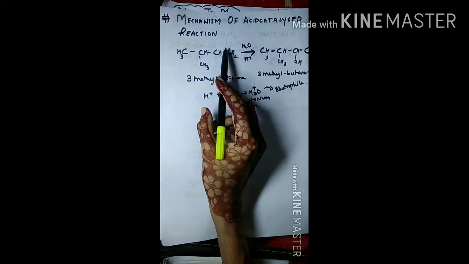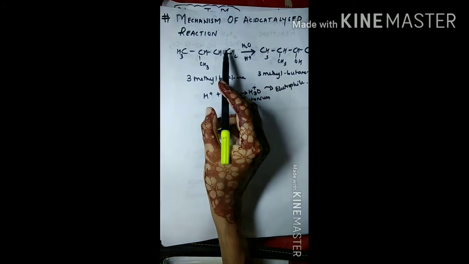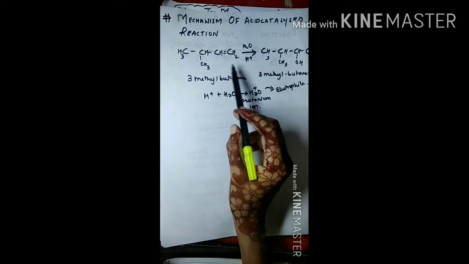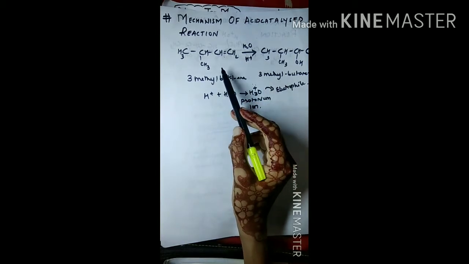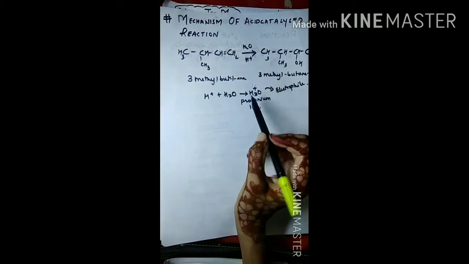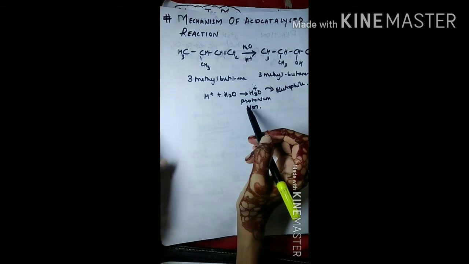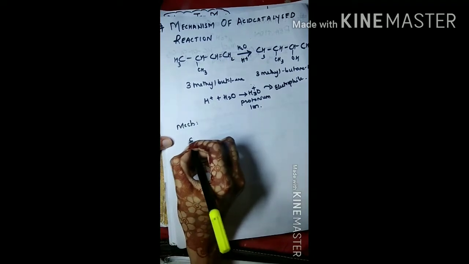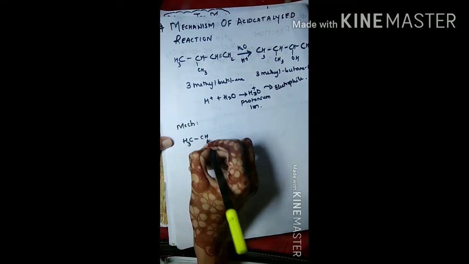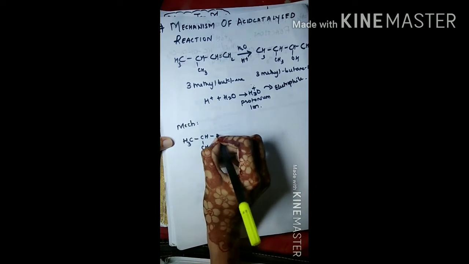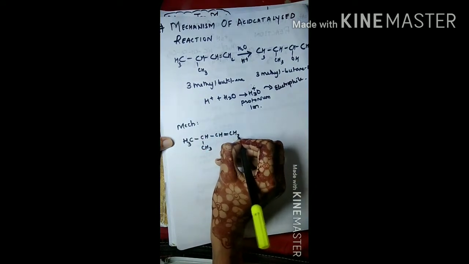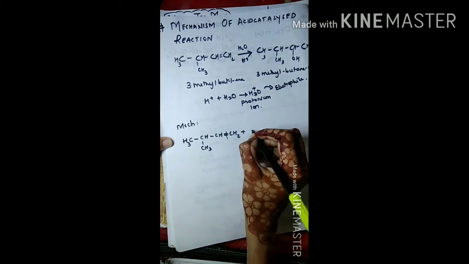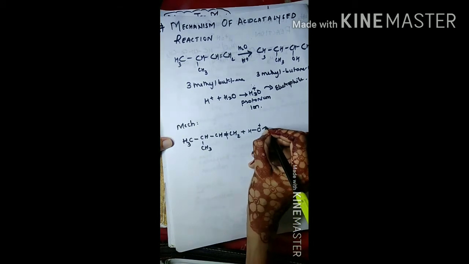An alkene has a pi bond, and the pi electrons are loosely bound. It is ready to donate its electrons and acts as a nucleophile. So here, I'm writing the first step of the reaction mechanism: the pi bond breaks and it donates its electrons to the protonium ion.